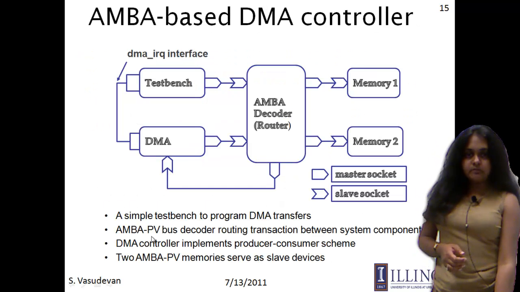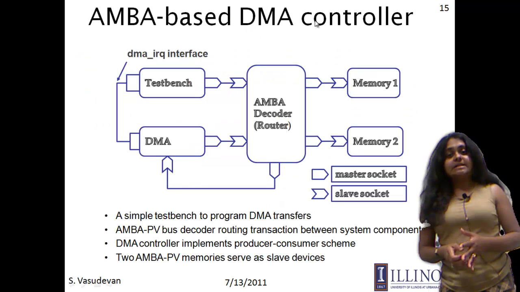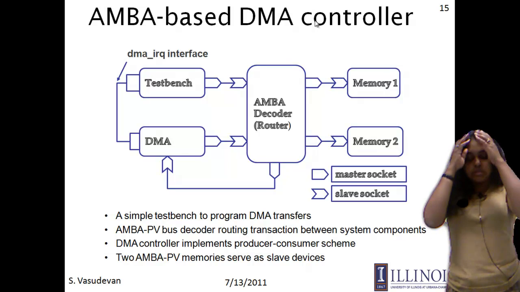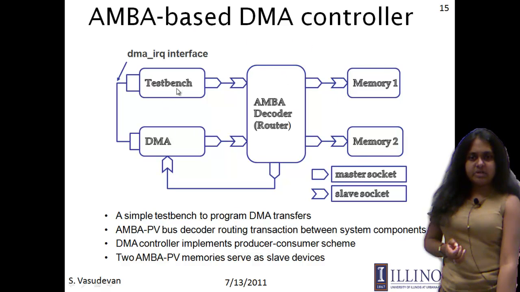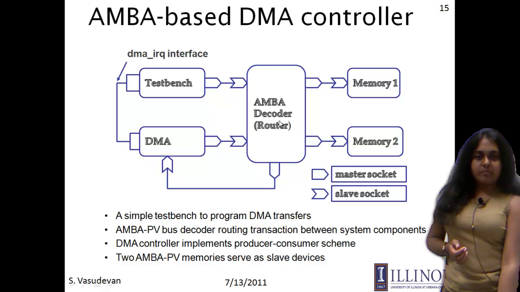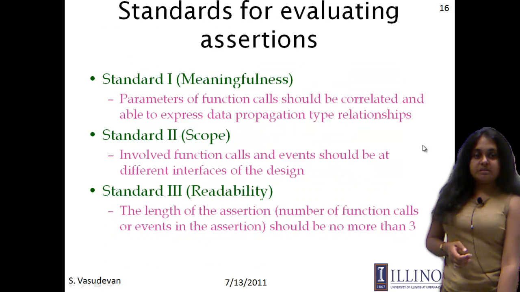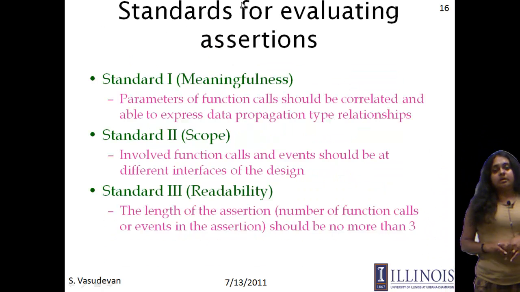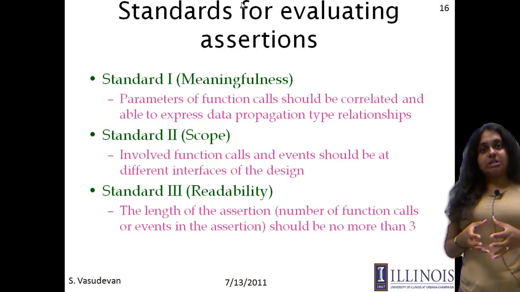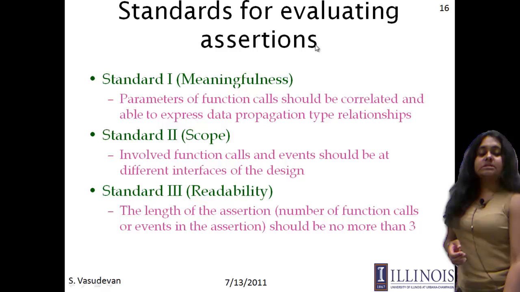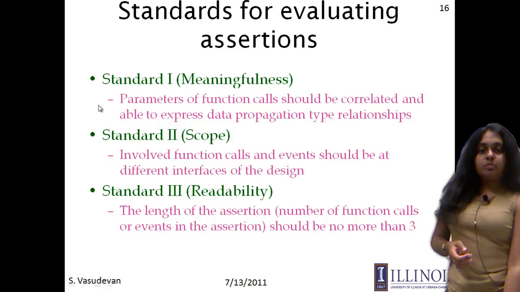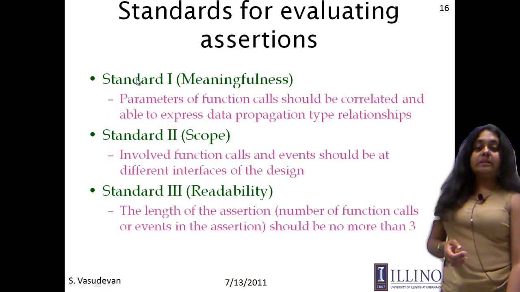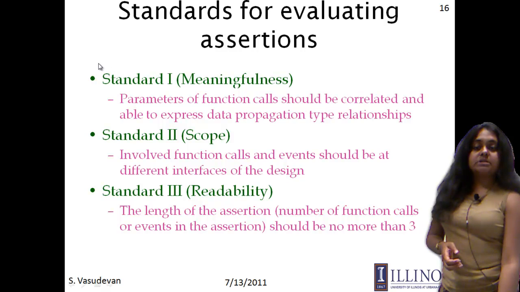In order to evaluate the transaction level model assertions, we used a typical AMBER based DMA controller, which I'm sure all of you are familiar with. It has a test bench, a DMA controller, an AMBER decoder, and 2 memories as slave devices. We took a SystemC model of the same, and since, as I mentioned, we do not have a validation metric for evaluating our assertions in terms of a formal engine or RTL validation,